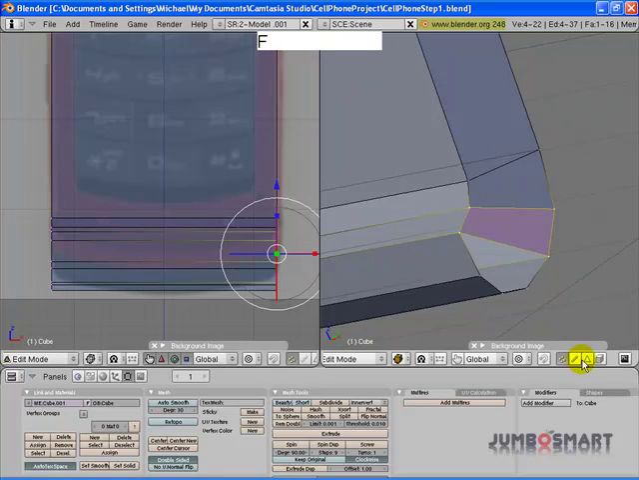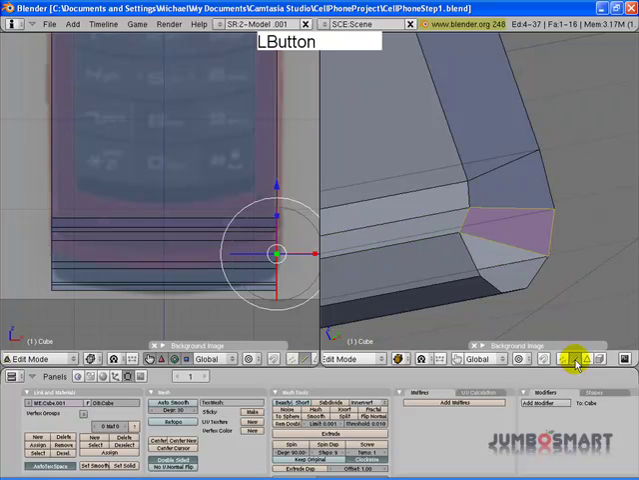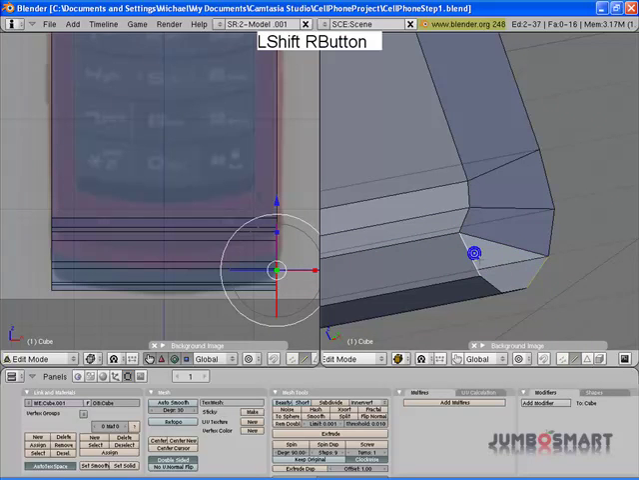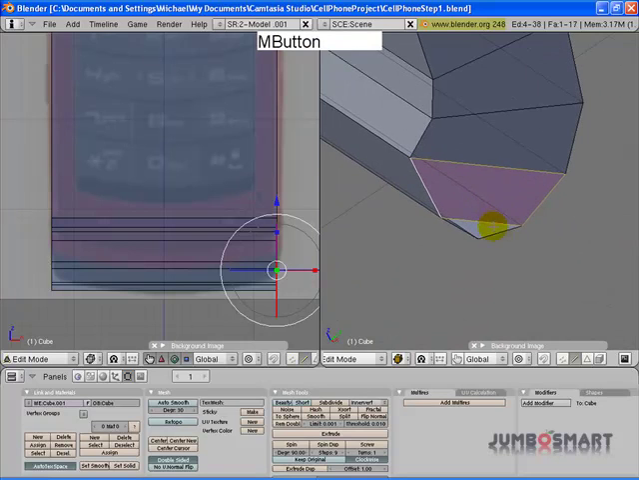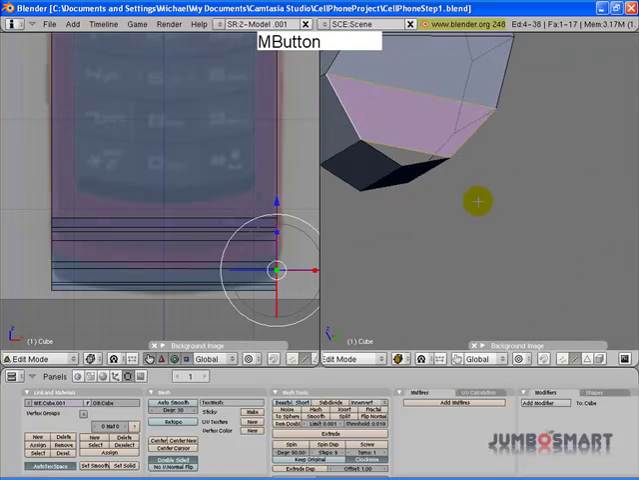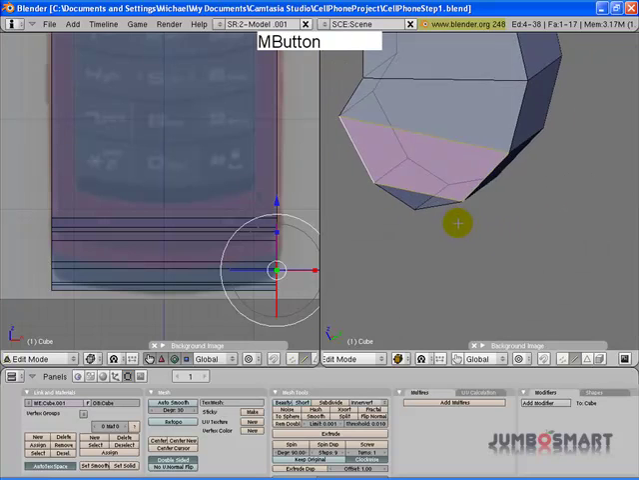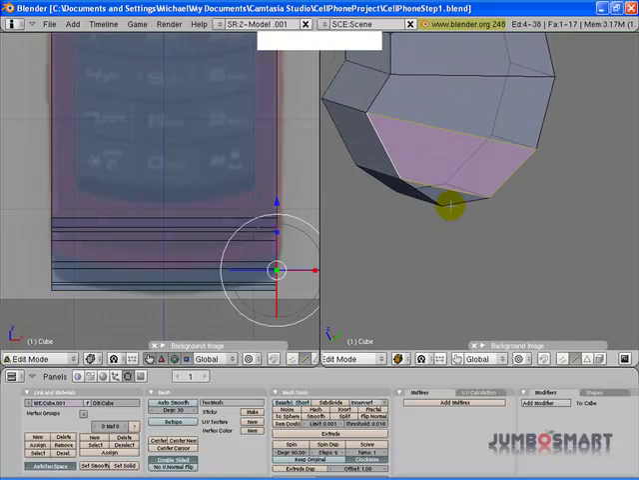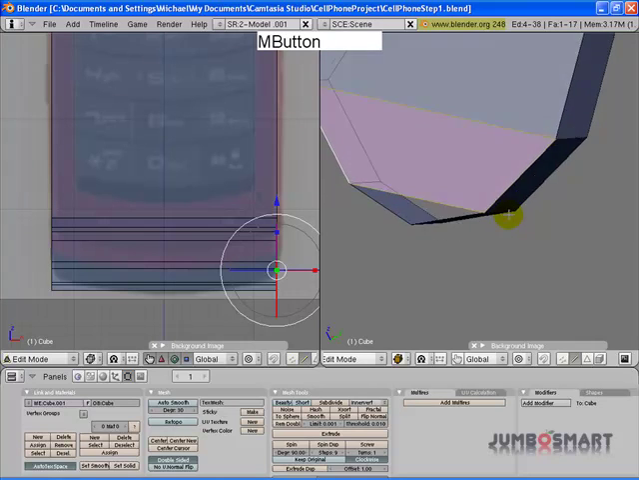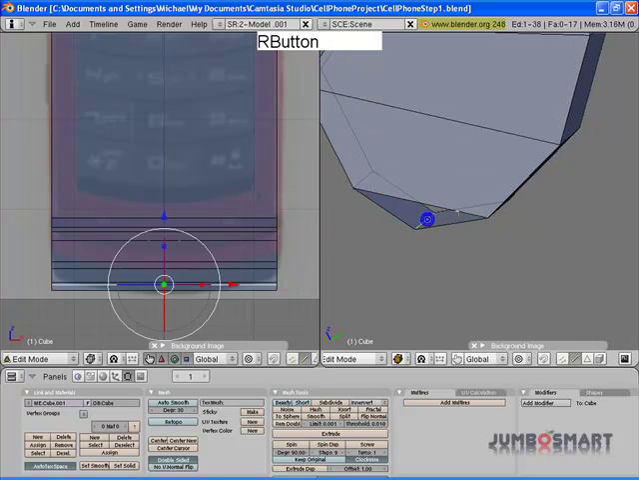Another method I can use is I can go into edge select mode right here, select that edge, F to fill, and then I'm left with only one little triangle right here, and I can fill that triangle. But I think that what I want to do is I actually want to make it a quad, so it's not a triangle. So I'm going to adjust my model a bit here,